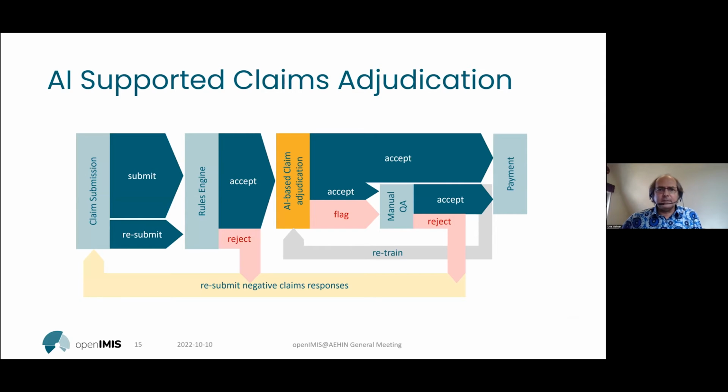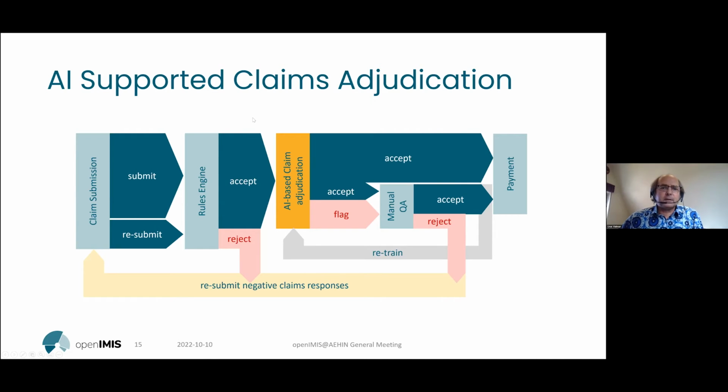When we look at AI, that module allows you to, if you look at the left side, you see a whole bunch of claim submissions coming in from the hospitals being e-claims. It's quite efficient, so you can receive a lot of claims from the hospitals, but you also have to evaluate those claims and see whether they are fraudulent, maybe, or whether they can be paid directly. If you want to do that manually, you will have to spend quite a lot of time and put a lot of stuff aside to evaluate claims.